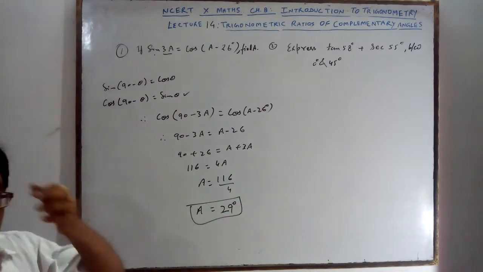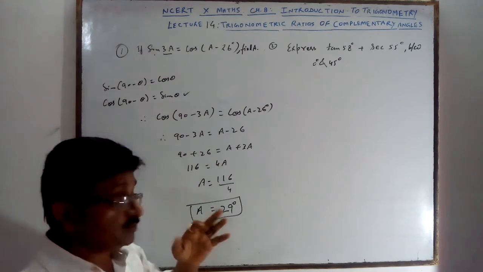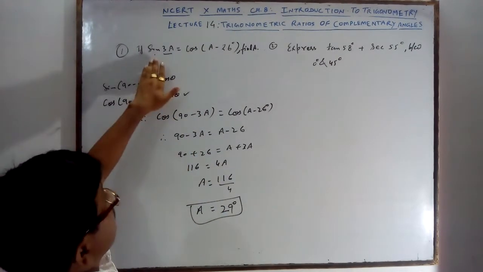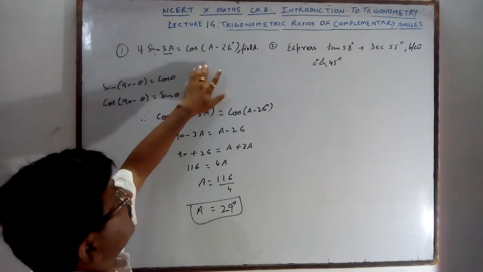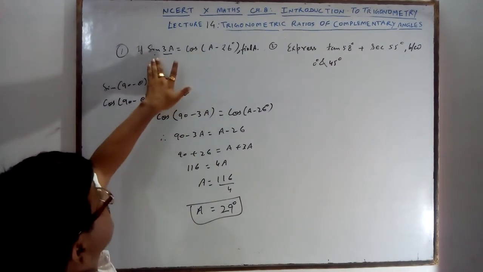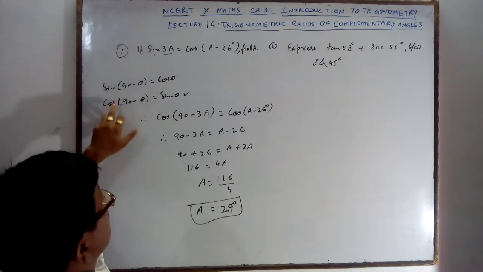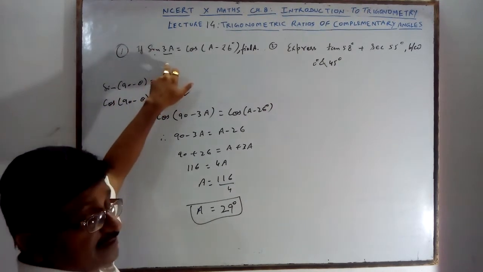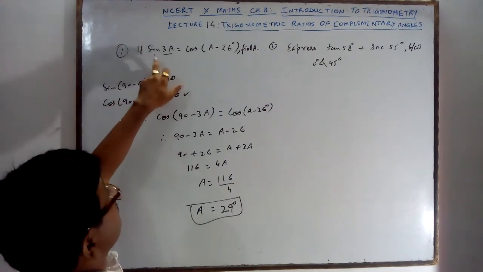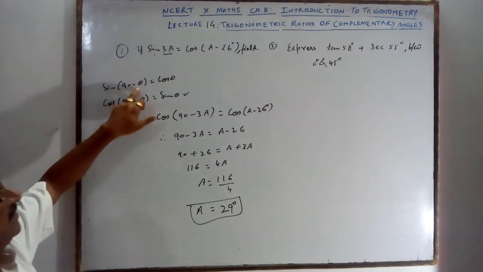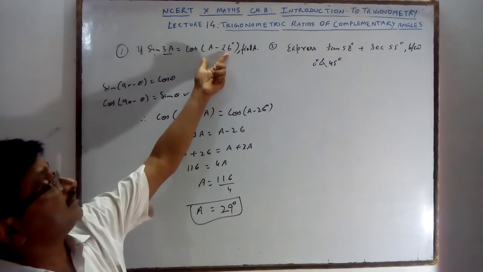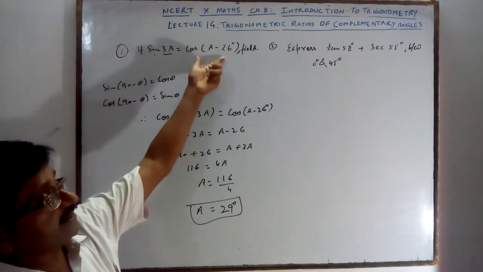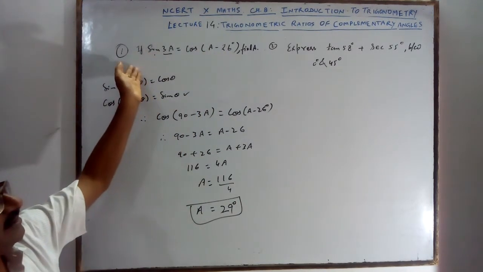You are getting it simply. You can choose the trigonometric ratio according to your requirement. Sin 3A you write as cos, then the angle is subtracted from 90. If there was cos, you could write sin(90 minus theta). On the right side you could also change, but there are two terms, then there would be a bracket and it would be difficult, so that's why I am changing here.